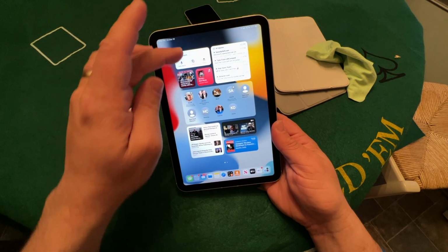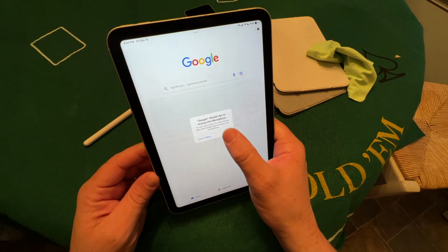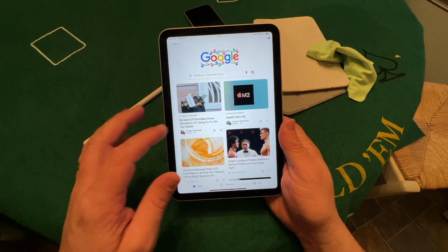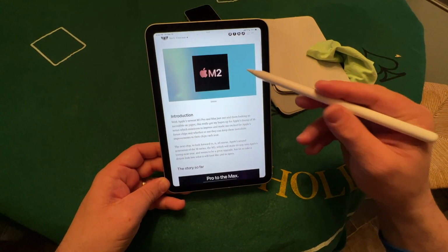So, looking at this here, as you can see, you can jump into a Google voice search. Say iPad mini, and there you can see Apple's new M2. Let's just take a look at that article, and you can see how fast it pops up. I mean, it's lightning. It really is. It's really good, and you can see the interaction with the